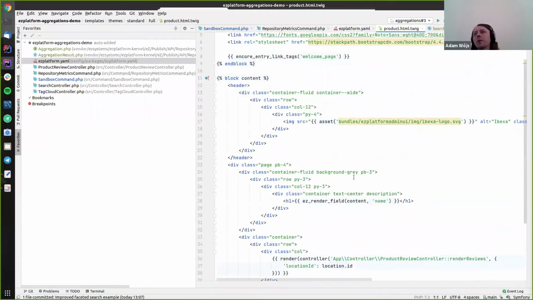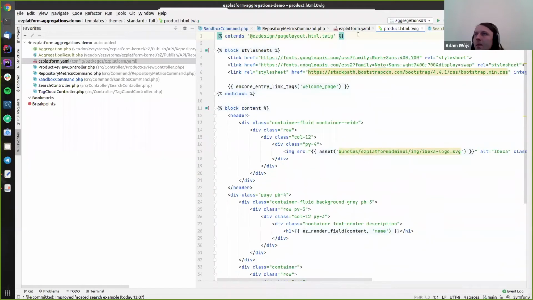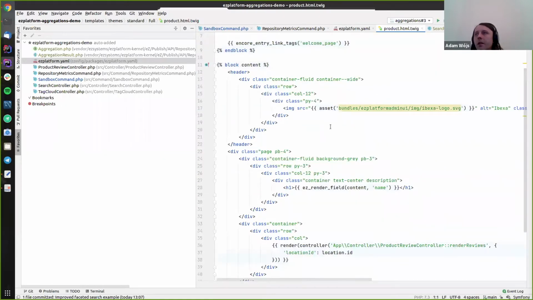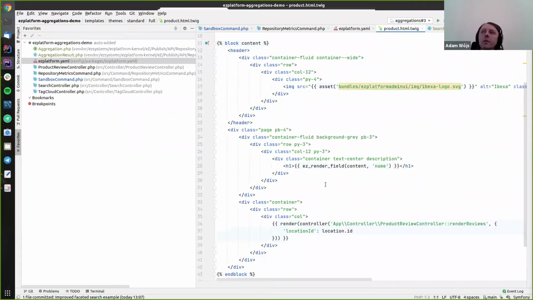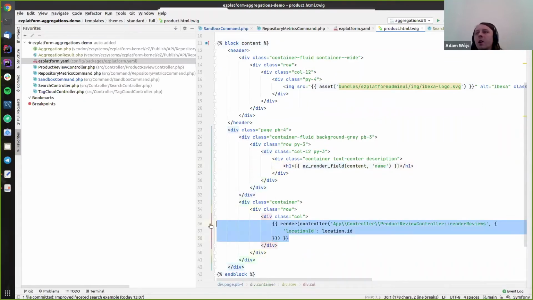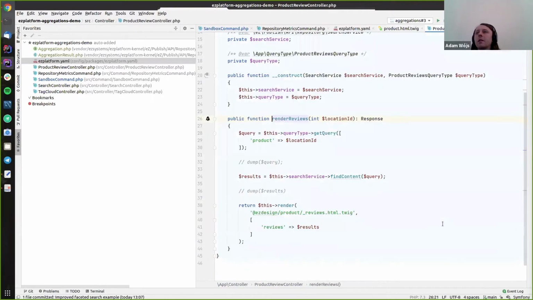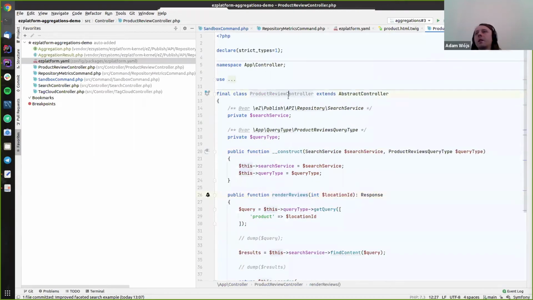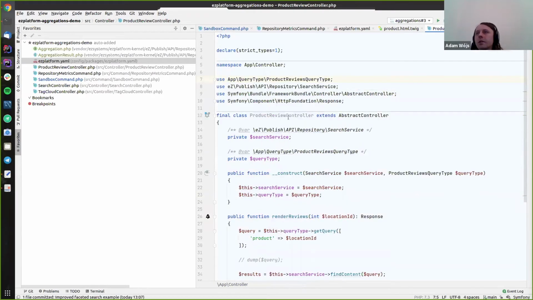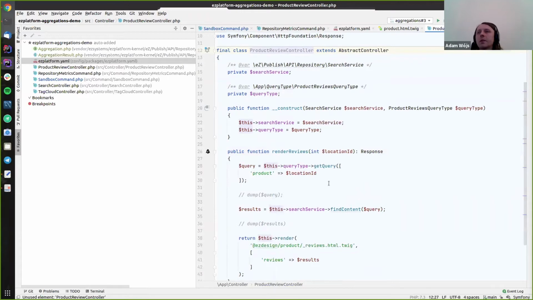This view will be responsible for rendering the basic product information, the name in our case, and the comments part, or review part, will be rendered as a sub request. In our product review controller, which will be responsible for executing the query and presenting the result,